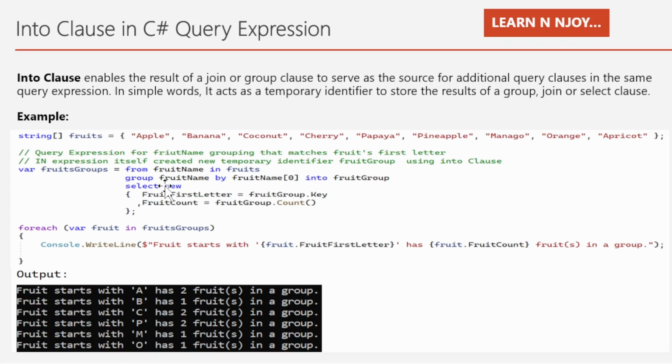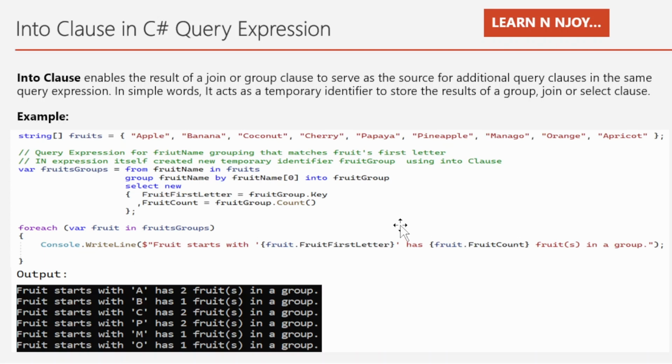In the next statement, I have used this fruitGroup identifier: fruitGroup.Key and fruitGroup.Count, and stored them accordingly into variables like fruitFirstLetter and fruitCount. If you notice here, fruitGroup.Key is nothing but the fruit name[0]. Basically, it contains the first character of the fruit. In the next statement, I have written this foreach loop. The foreach block basically iterates over the fruitGroup items,